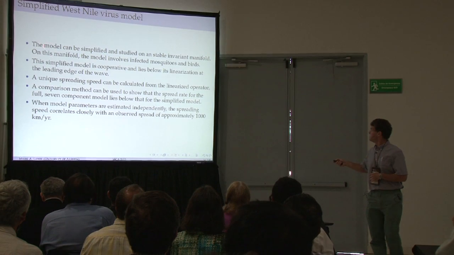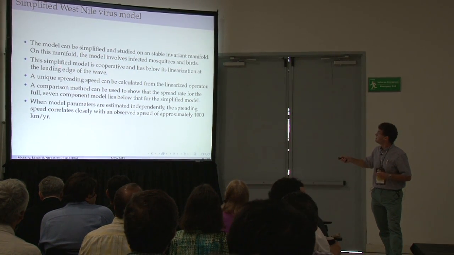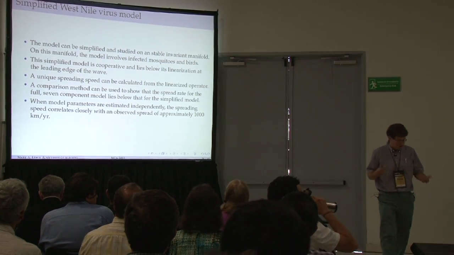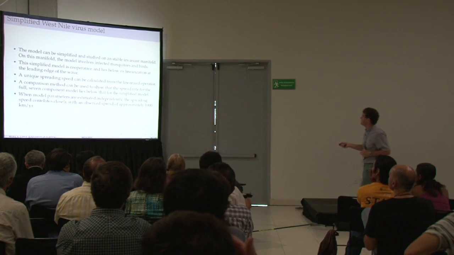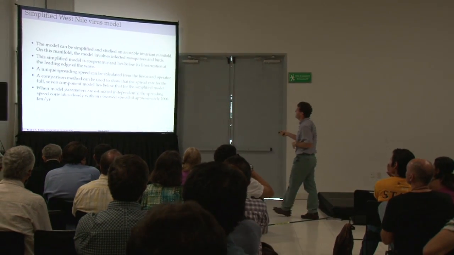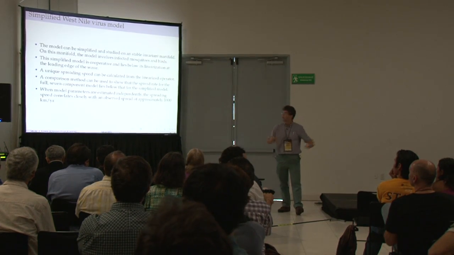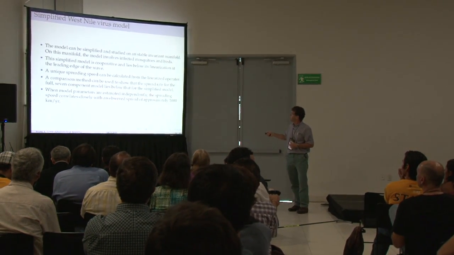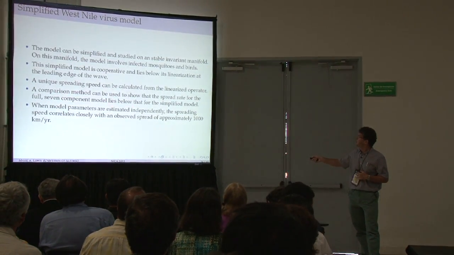Okay, and that's sort of what this says. So we have this manifold that involves infected mosquitoes and birds. And on this manifold, we have a cooperative system that lies below its linearization at the leading edge of the wave. We can get a unique spreading speed for the operator, and then use a comparison method to compare the full system to the